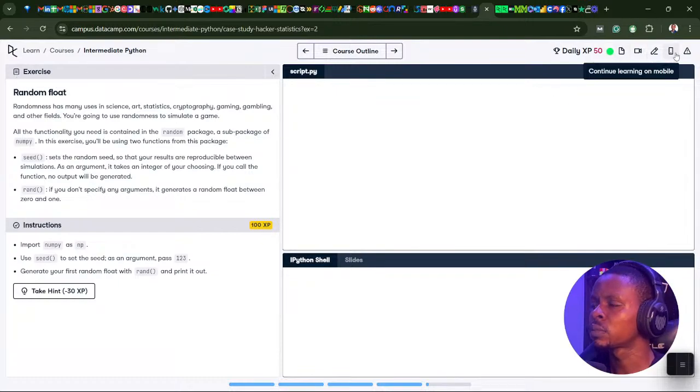Let me see if I can get this back to dark mode. Hold on a minute. It has always been dark mode. I have no idea how that changed to a white mode.